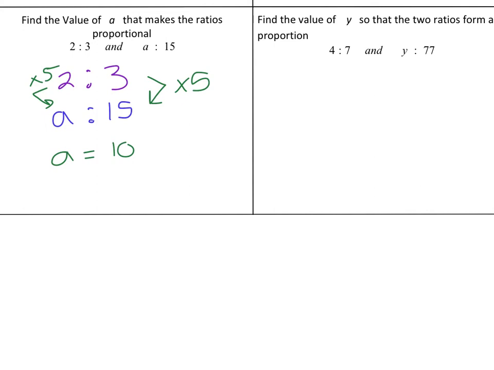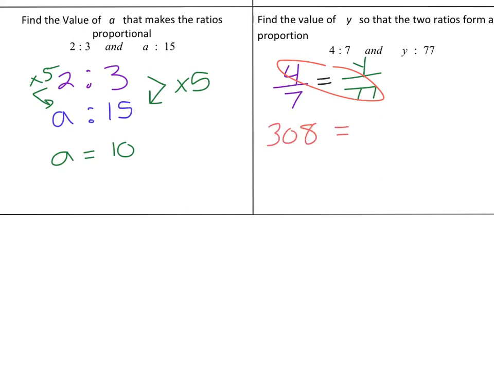And then let's do this last one as setting up as fractions and then solving with cross products. So I'm going to take 4 over 7 and y over 77 and then cross multiply. 4 times 77 is 308